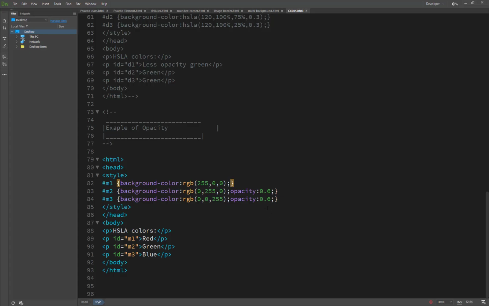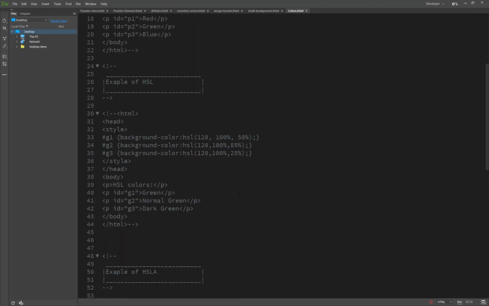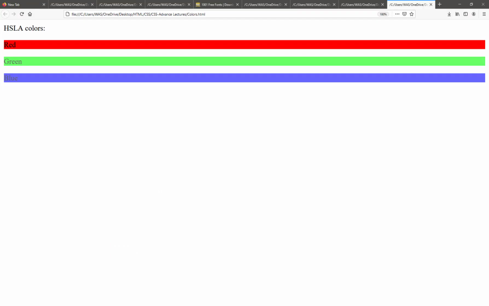What is the difference between RGBA and this one? What is the main difference? The main difference is that this opacity applies to the whole paragraph, like the red text. This text will be affected by this opacity, and you will see the result here. I will show you the first one. You will see here the red text